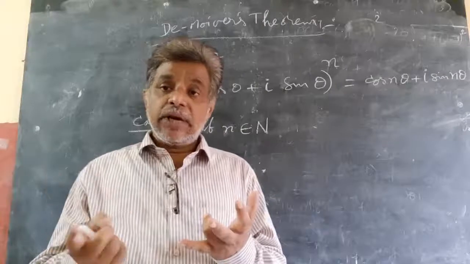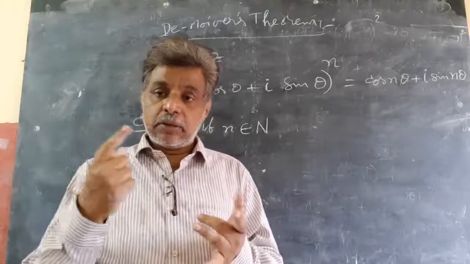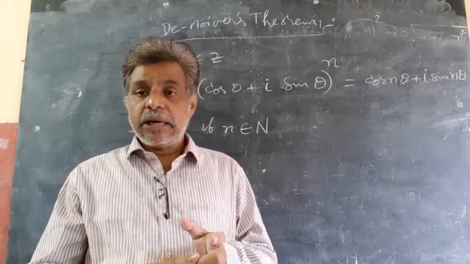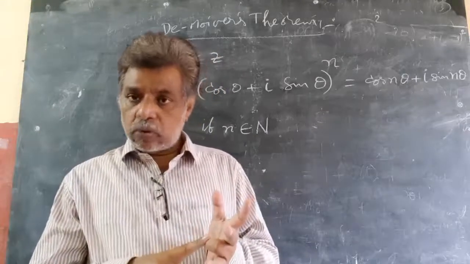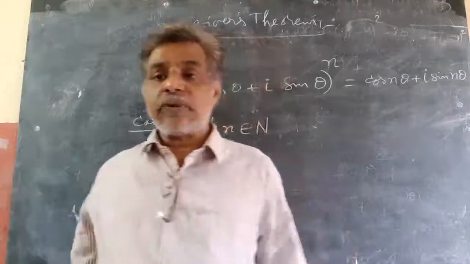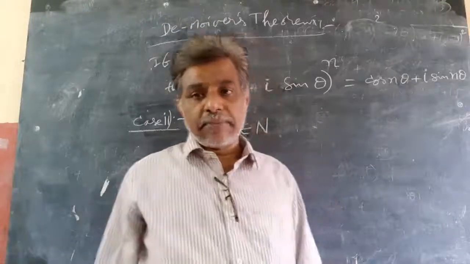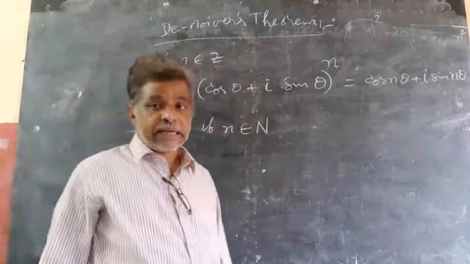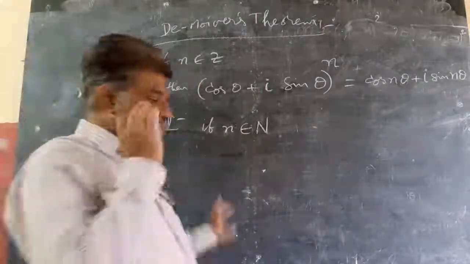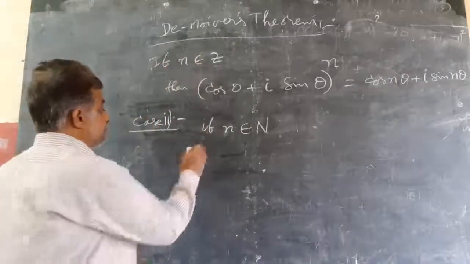Next, we will assume that it is true for n equal to k, and automatically we need to prove that it is true for n equal to k plus 1. We are assuming n equal to k is true. We are going to prove that it is true for the next number, meaning it is true for every natural number, according to the principle of mathematical induction. That we are going to do. Whenever you need to prove for n belonging to the natural number set, this is the best method.